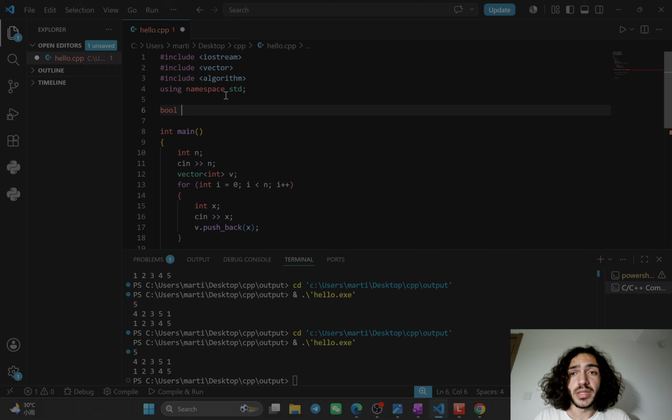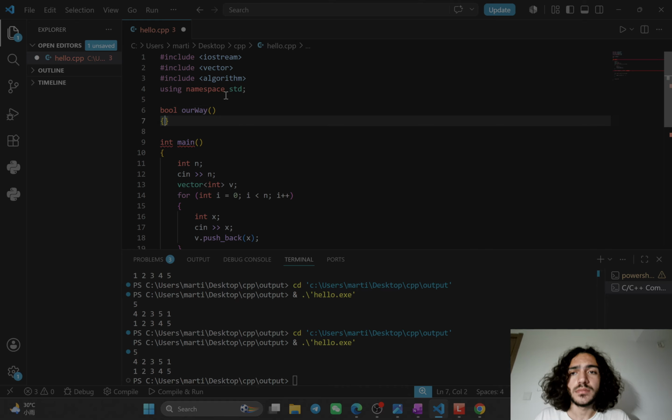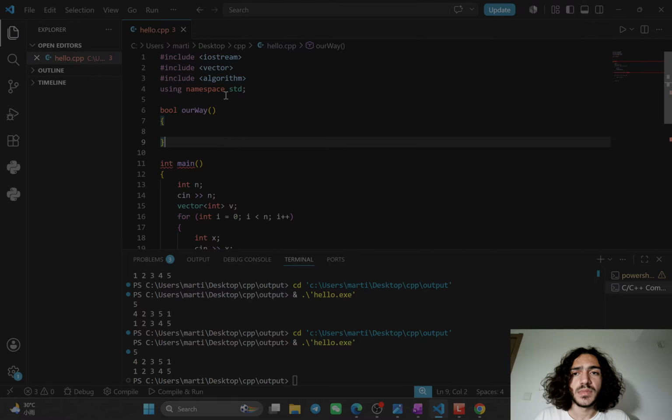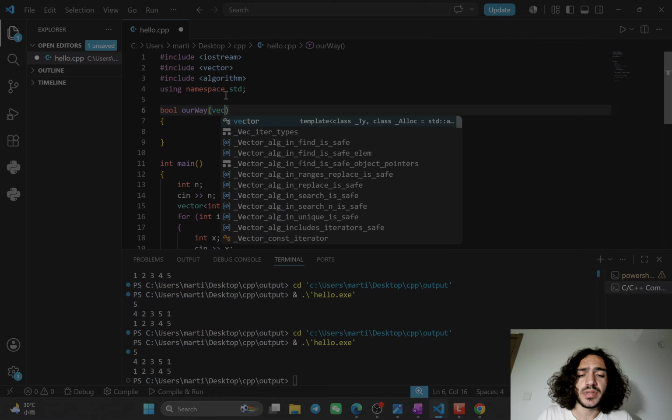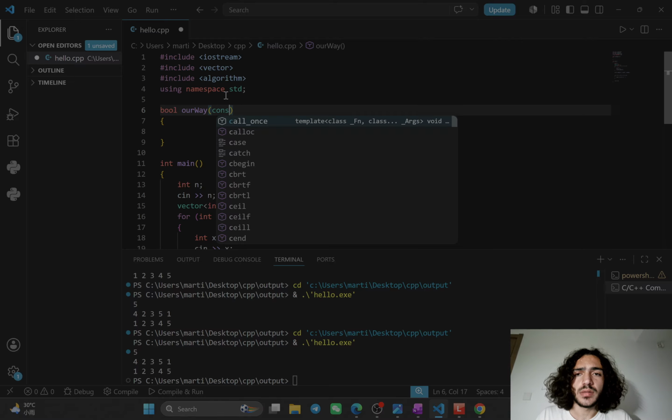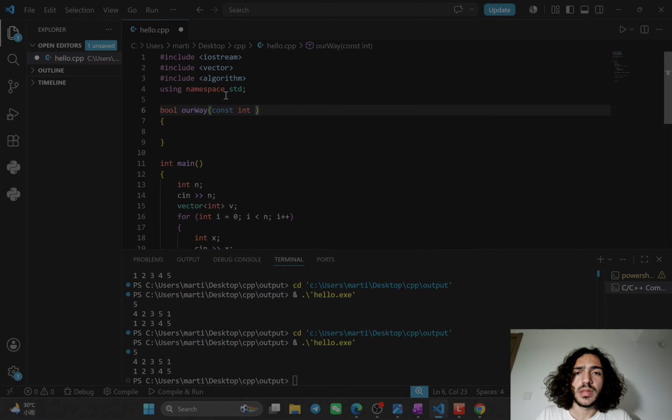It's going to be boolean because it's either true or false, and then our way, and then here we are going to get two elements of the same type as, for example, the vector that we are sorting. So it's going to be int, the const and this thing over here, which is called reference,